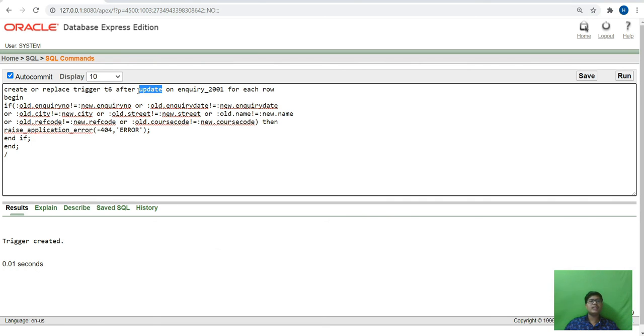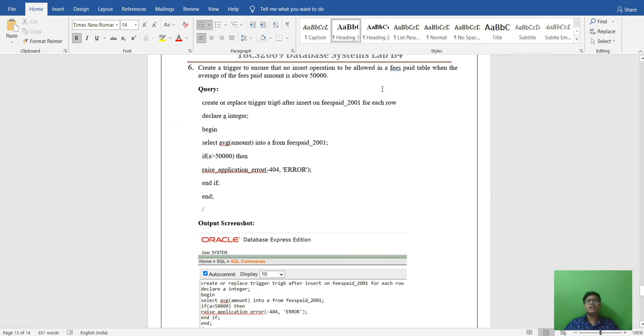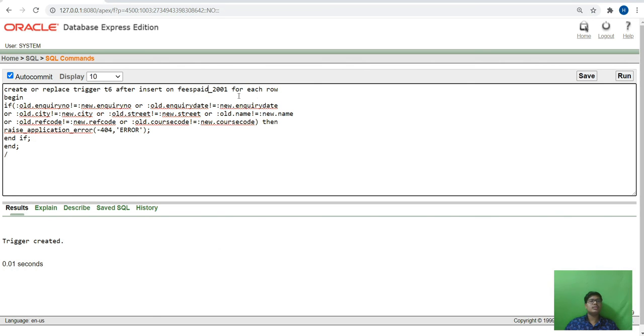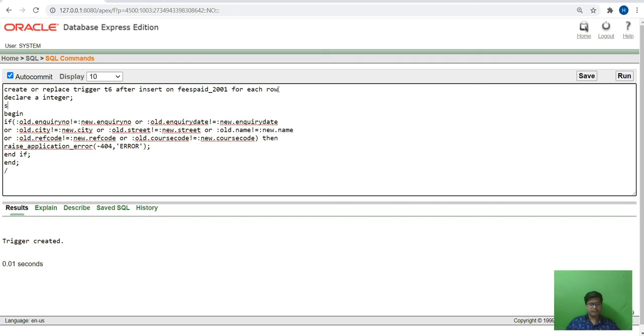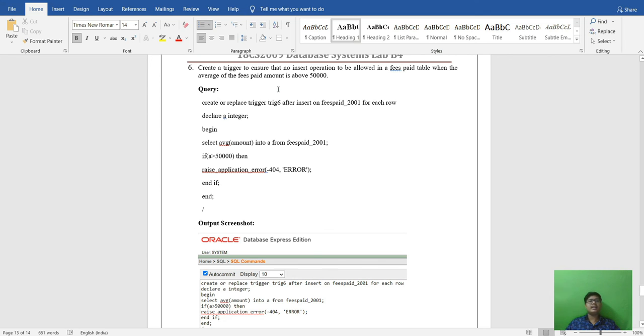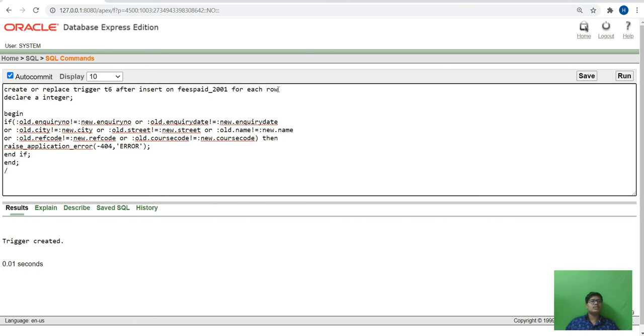After insert, it will give insert on fees paid, on fees paid for each row, where we will declare an integer. Declare a integer. Select, we will select the begin.